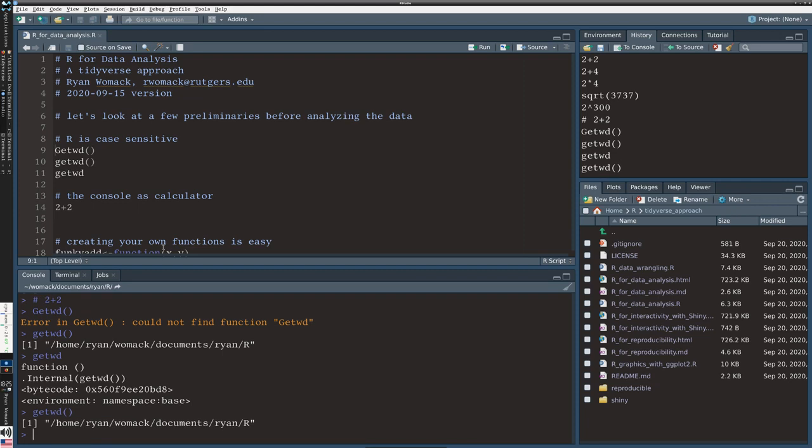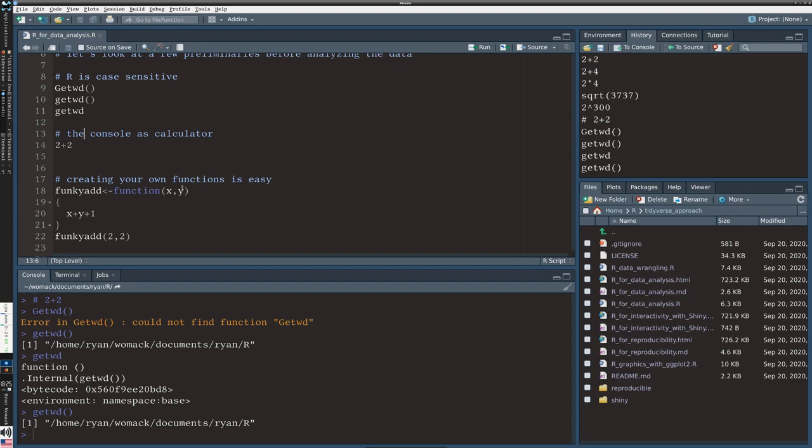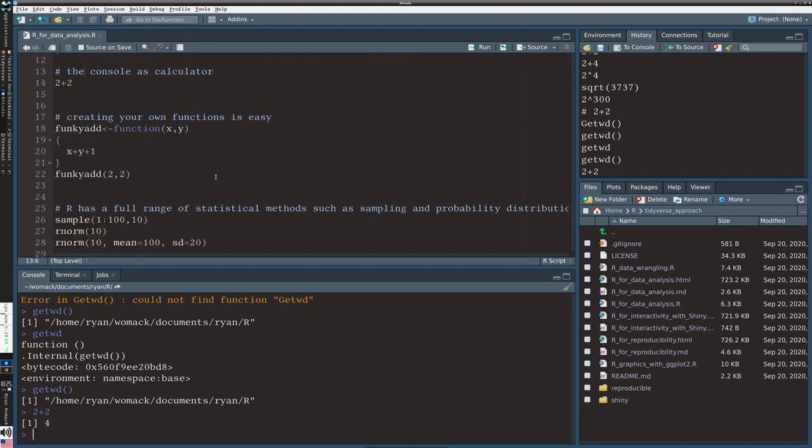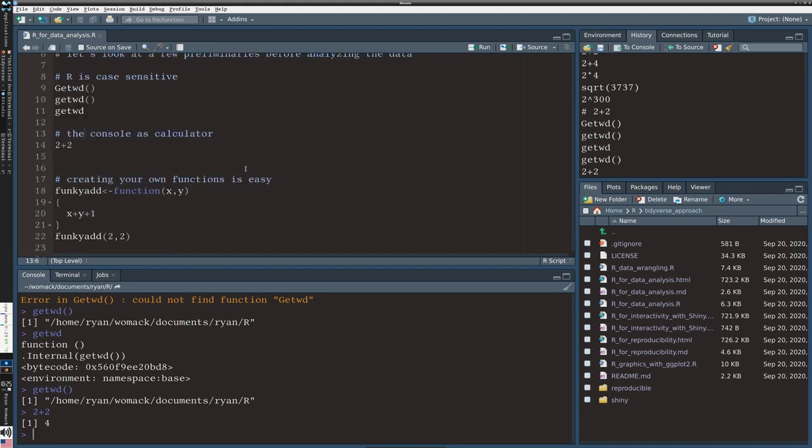Okay, so now we're up to line 13. We've already seen this in action. We can use the console as a calculator. And we can create our own function. So we've seen just one function in action, getWD. If I want to create my own function, now I'm on line 18 of the code, I can give the